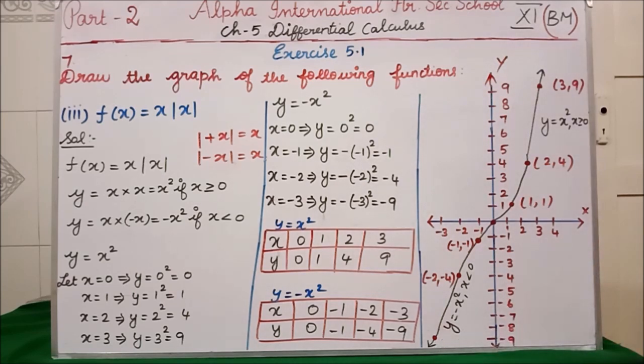Clear, all of you? Then you all know from here to here we have got y equal to x square, positive values. From 0 comma 0 to minus 3 comma minus 9 it will be getting negative values. So you write y equal to minus x square, x is less than 0. Clear students? All of you are clear about the 7th question? Next we will see the 4th subdivision of the 7th question. Clear?